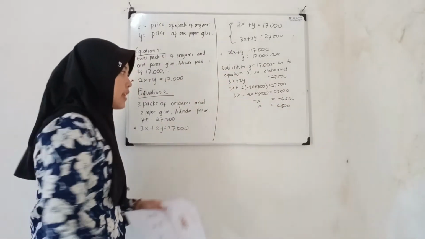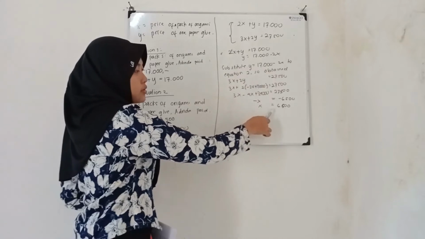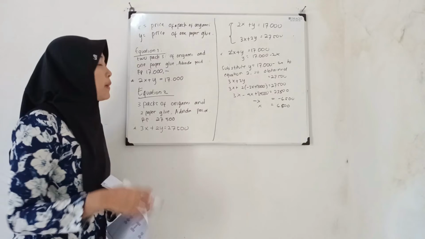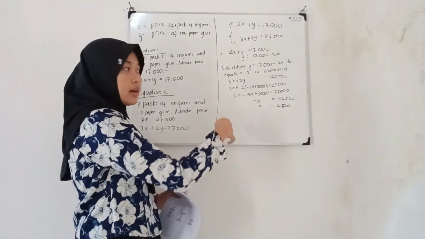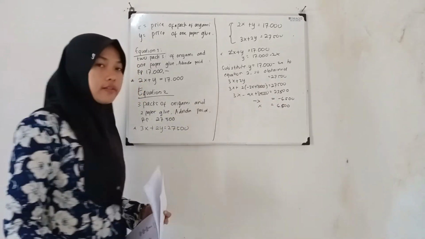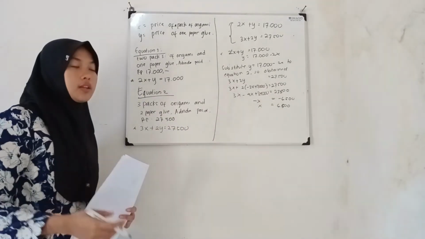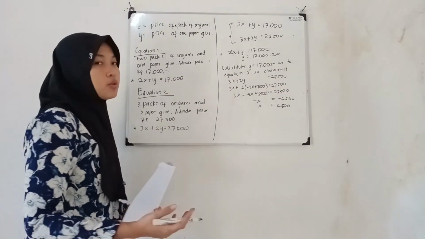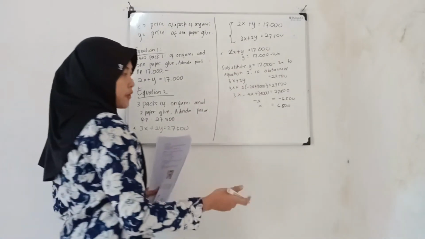So guys, we get x. x is equal to 6,500. x is the price of a pack of origami. So the price of a pack of origami is 6,500 rupiah. Then we have to determine the value of y. y is the representative price of one paper glue. So